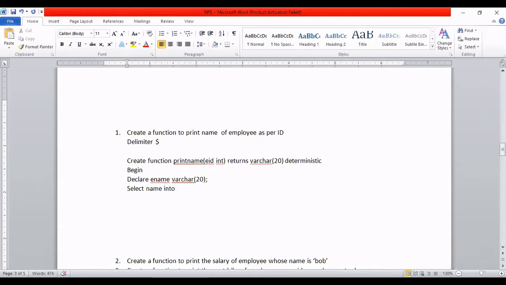Try to understand. If I write SELECT name INTO ename, what is the meaning of this statement? The statement says the selected name will not be shown directly to the browser or directly to the SQL prompt. It will take this name from the database, from the employee table, and keep it in this variable, ename. So that's the meaning. SELECT name INTO ename, and this name will come from which table? I'll write that. It will come from employee. So if I write, for example, SELECT name FROM employee, this name will come from employee, but it will not be shown. It will put this name into the ename variable.